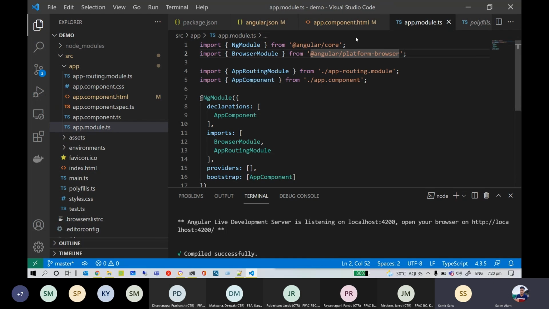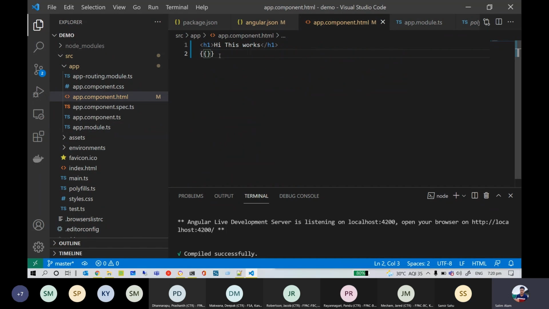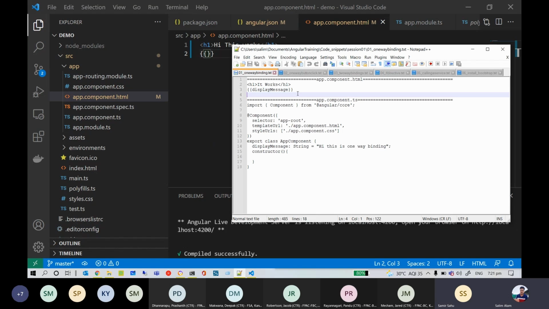What is interpolation? Interpolation basically means our language is trying to interpret something and show it in another form. Okay, so it's a variable and we are displaying the value of the variable. That's what we are doing. We're displaying the value of our variable, true. Okay, sounds good. Okay, so